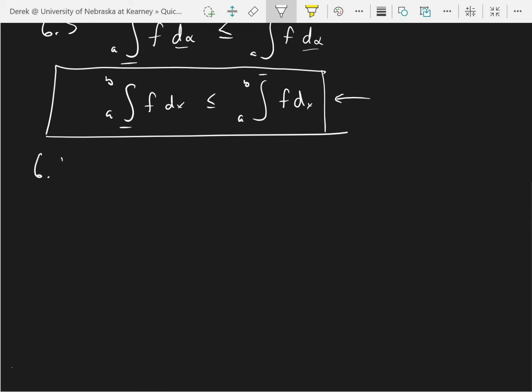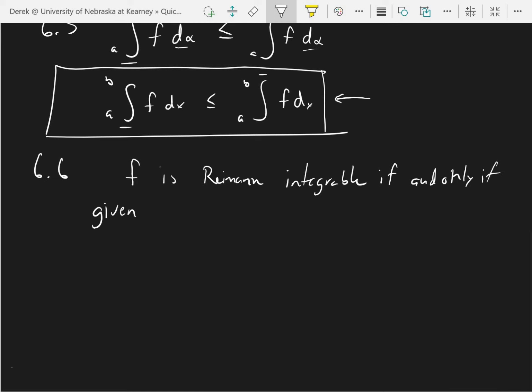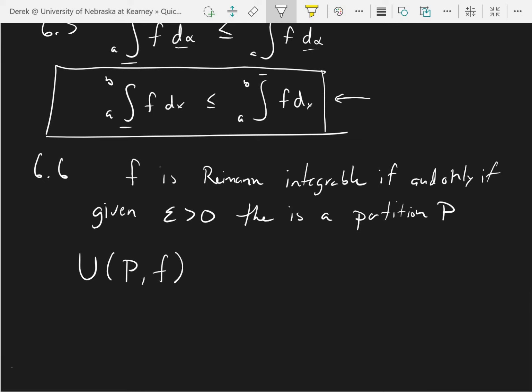Also 6.6 I want to leave as an exercise for you guys, and it says f is Riemann integrable if and only if, given epsilon bigger than 0, there is a partition, and this partition works for both the upper sum and the lower sum, where the upper integral on that partition of f minus the lower integral on that partition of f is less